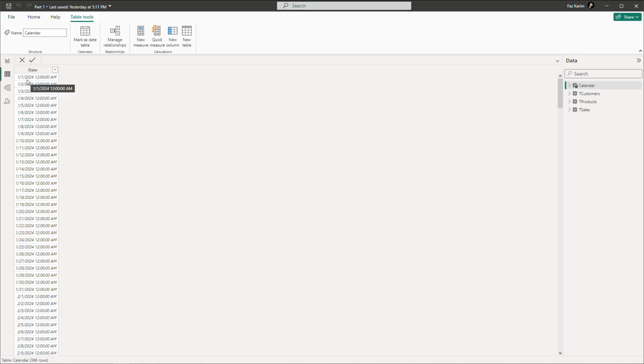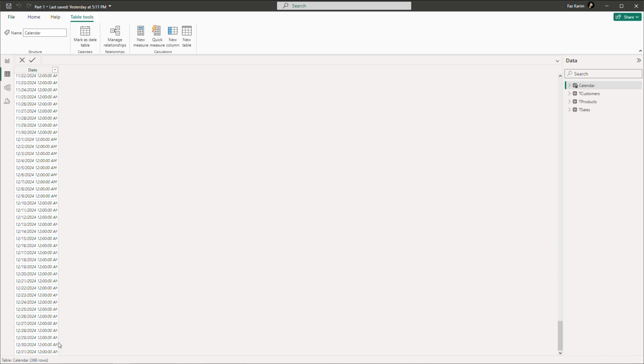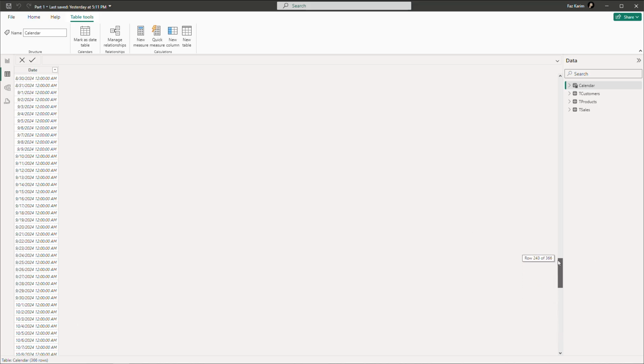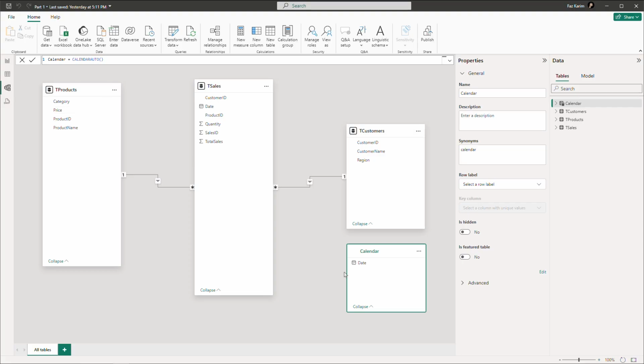From January 1st, 2024 to January 31st, 2024, 366 rows. Every single day of the year that spans across the model. Luckily, my model is just going to use these first 5. If I go back to the model view, though,